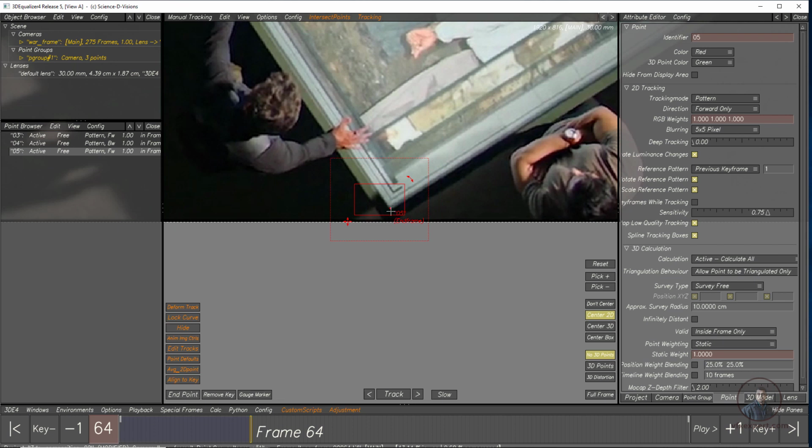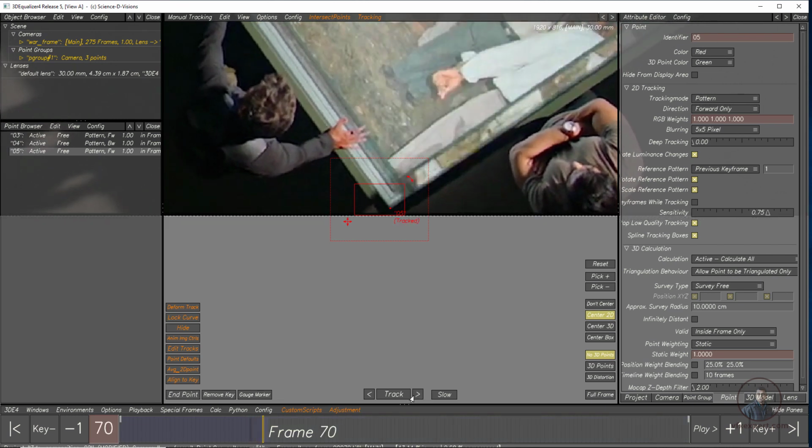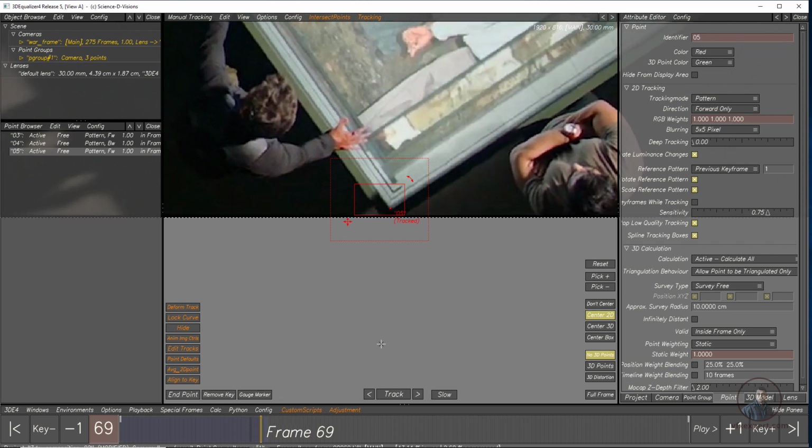So now after this, if you will see here, you have to set your end point, because you have cleared your tracking data. Okay, so again you have to click on end point. Now just simply click on track frame by frame. So here you have to track. Now see easily. Now a little bit, press left arrow and go to the previous frame. So after this the point is going outside our frame. So now till here we have to keep our tracking data. After this we have to delete this point, or we have to hide this tracker. So for this again you have to click on end point.